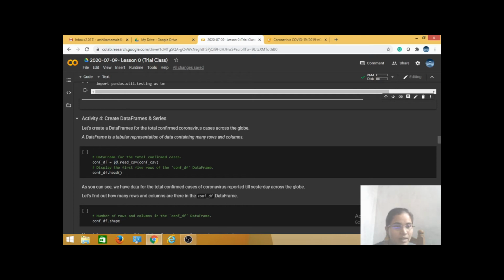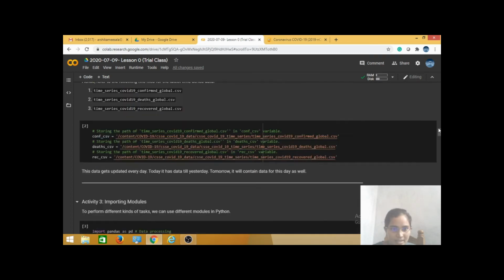That's why I am using pd dot read CSV, the CSV file available in that GitHub, and here confirmation CSV. This is nothing but the path I previously set here.